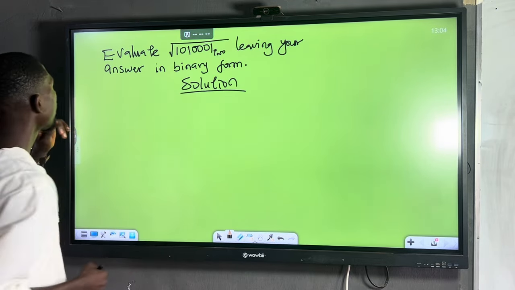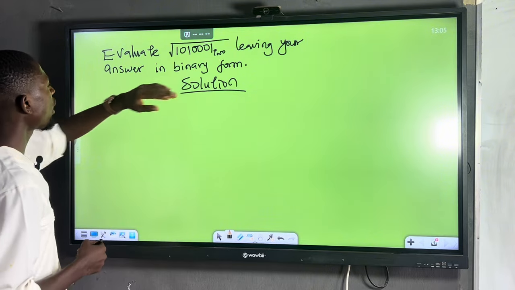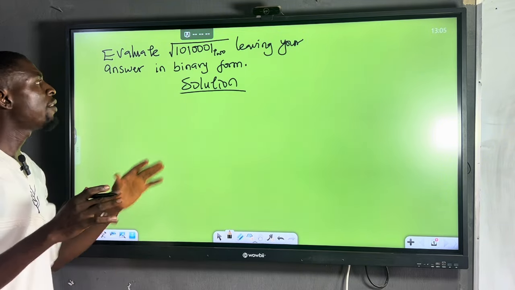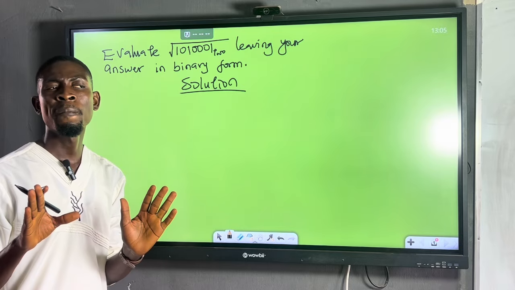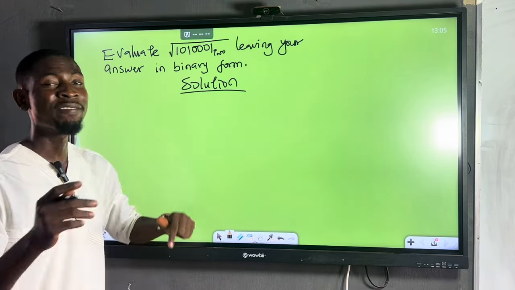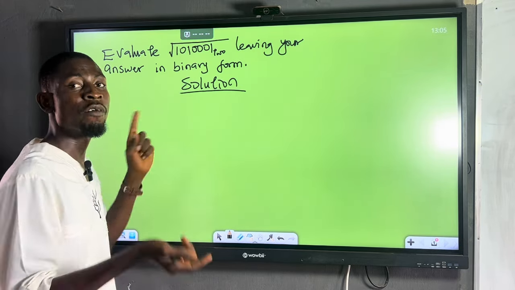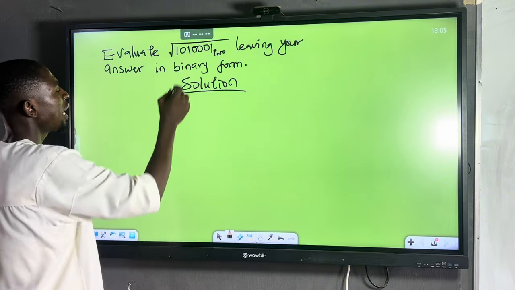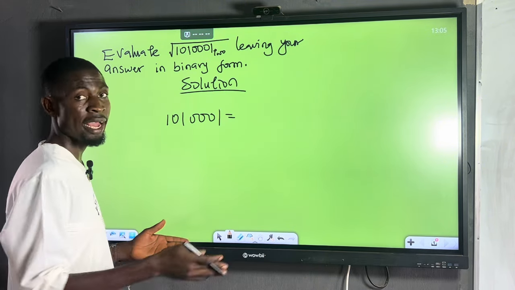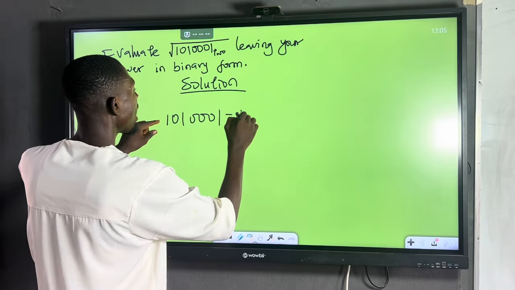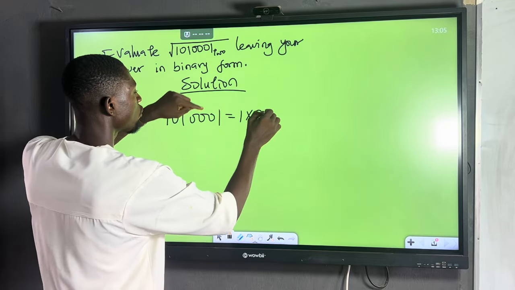Solution to this question. We have: evaluate this, leaving your answer in binary form. How do you evaluate this particular thing? First of all, to make it easier, convert this to base 10, find the square root, and convert it back to binary. So let's convert this to base 10, which will have 1 times the base. What's the base? 2, plus